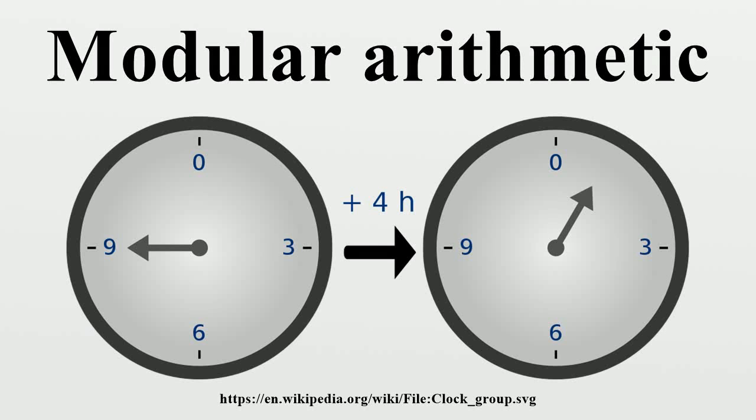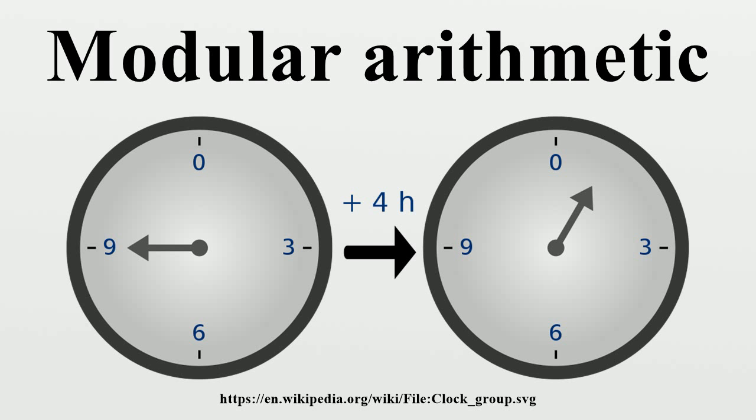In mathematics, modular arithmetic is a system of arithmetic for integers, where numbers wrap around upon reaching a certain value, the modulus. The modern approach to modular arithmetic was developed by Carl Friedrich Gauss in his book Disquisitiones Arithmeticae, published in 1801. A familiar use of modular arithmetic is in the 12-hour clock, in which the day is divided into